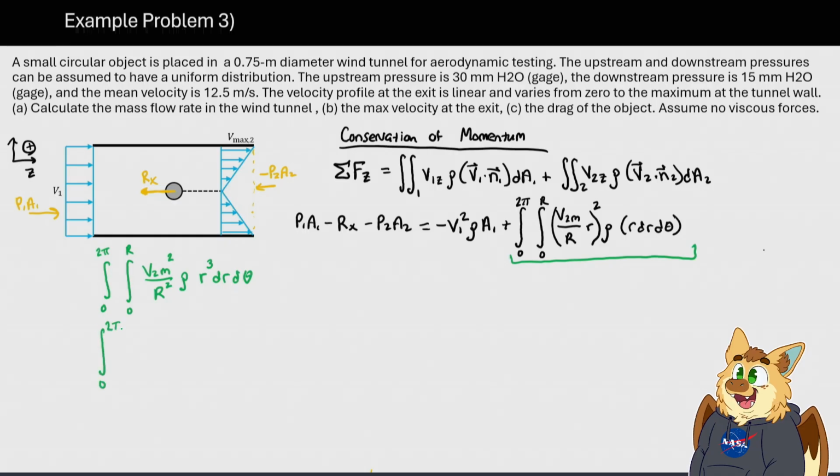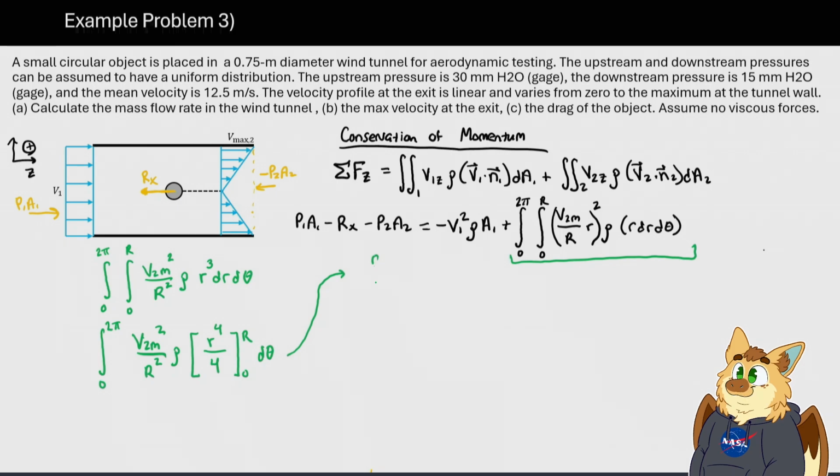Step-by-step approach. Again, feel free to skip ahead. I am working this out to make sure no one is confused here. This will be V2m squared over R squared times rho. This would be r to the fourth if we integrate r cubed with respect to r, d theta. And if we simplify this, we should get